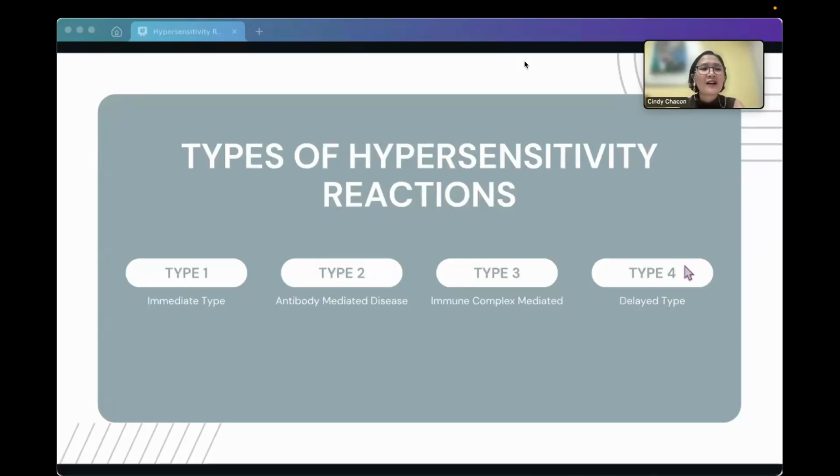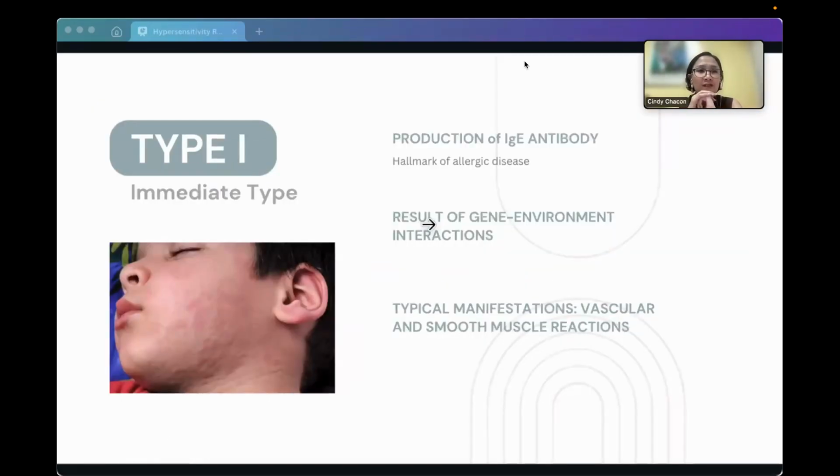At present, there is already a subclassification for your type 4. It also has type 4A, B, C, and D. And I will show that to you later. Let's look into these different types of hypersensitivity reactions one by one. And let's begin with the most common one, or the one that you are probably most familiar with, especially when we talk about hypersensitivity reactions. This is the first thing we think of. When we say hypersensitivity reactions, more often than not, what we think of is the type 1 hypersensitivity reaction.